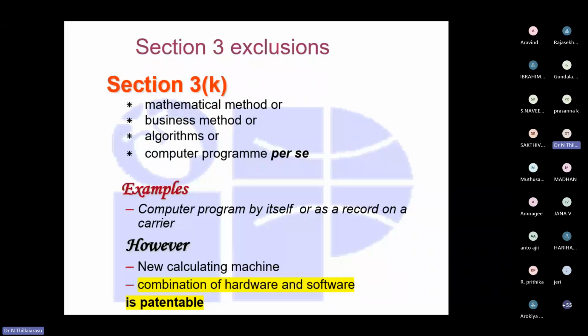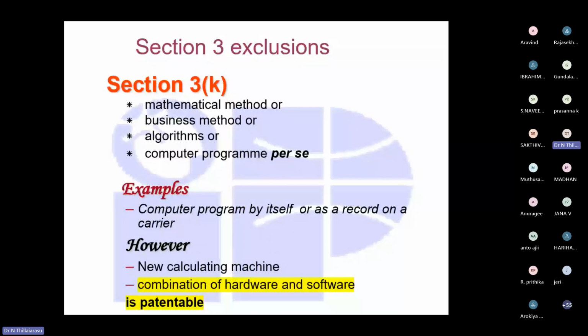That virus is not patentable until it interacts with the hardware. If it affects the motherboard, the daughter board, the processor, or the USB, then that kind of combination of hardware and software is patentable. One exclusion: software alone cannot be patentable.